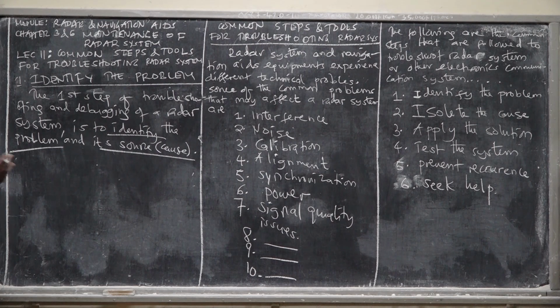So this sentence is to identify the problem and its cause. This is the general sentence. But again, if I were you, I would go deeper. How can I identify the different problems affecting electronics and telecommunication systems? There are a number of them, right? How can I identify them? And then the next question, how can I know its cause? Because I cannot go to the next step of isolating or applying solutions while I don't know